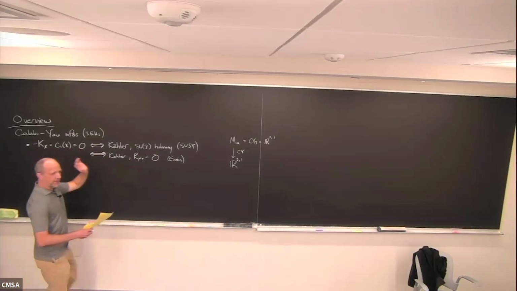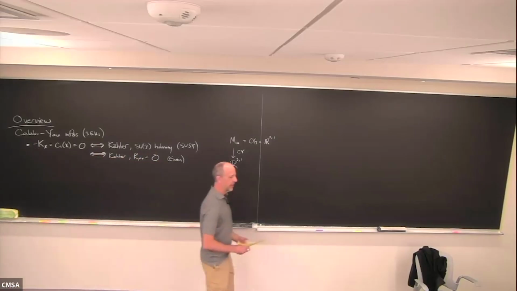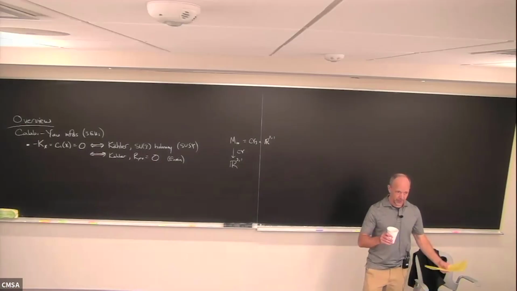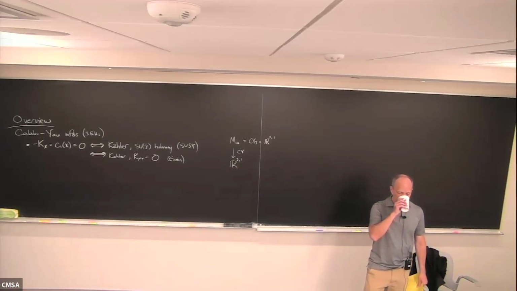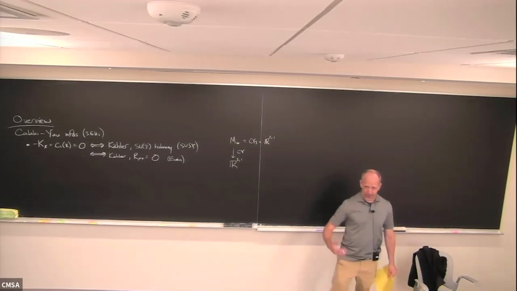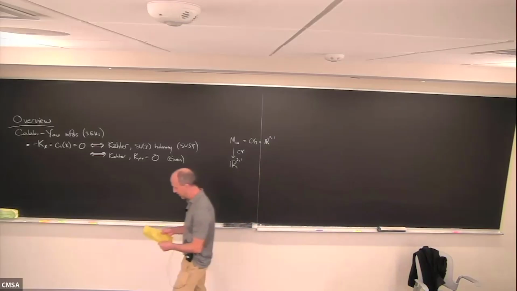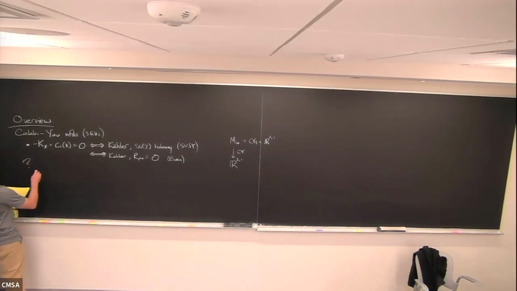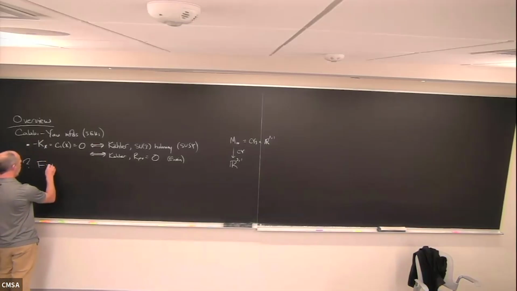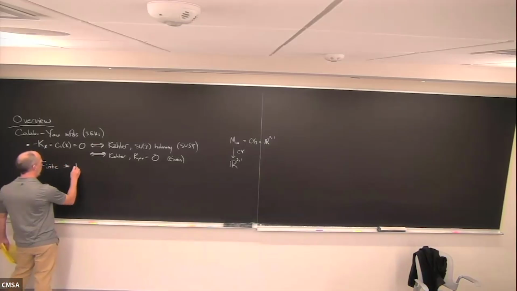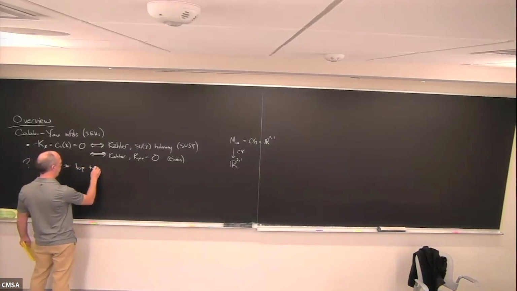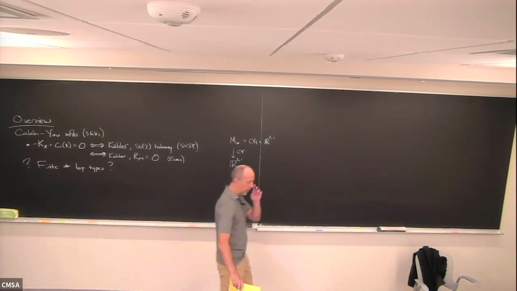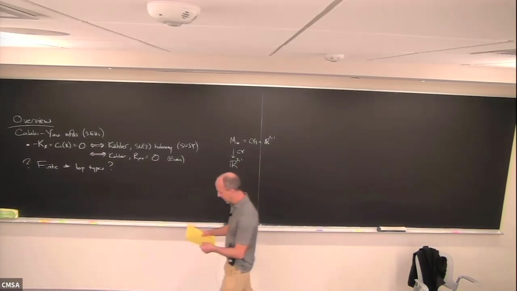So physicists and mathematicians have been excitedly studying Calabi-Yau manifolds for about 4 decades now, and we know lots about them. We have many examples. Much of what I'll talk about today is some of those many examples and some things that we've learned about them recently. But there are some fundamental questions. Are there a finite number of topological types of Calabi-Yau threefolds? Despite decades of work, we do not have a clear answer to that question.